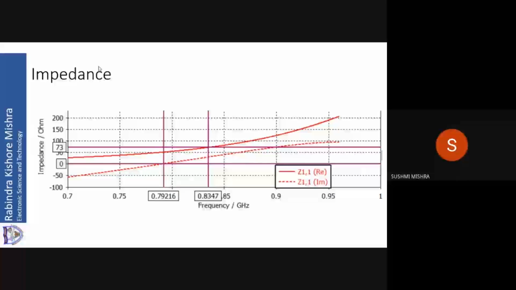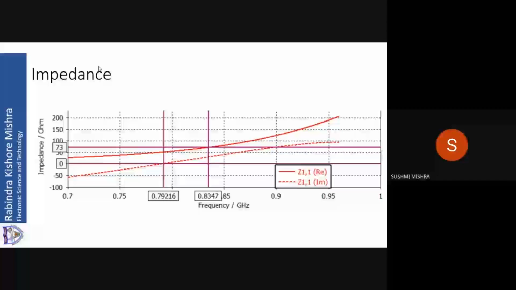So A should not be more than lambda by 10. Otherwise, there may be variation along the perimeter that makes things complicated. Calculations will become complicated. We do not want to get into those parts.